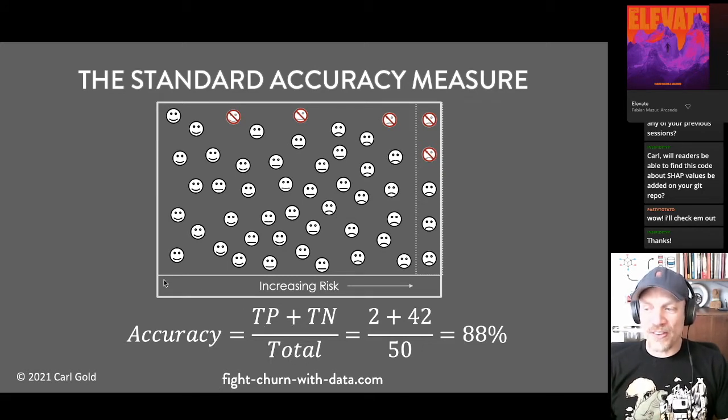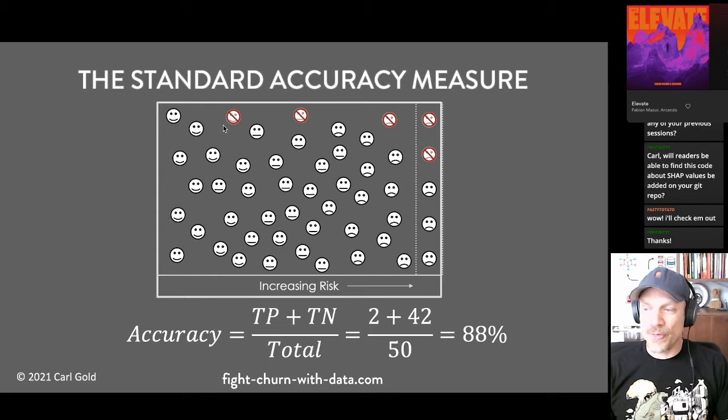Now suppose this is the increasing risk of your customers, and if you look closely, you'll see smiley faces here, frowning faces here. And let's suppose we predict who's going to churn by drawing this line and looking at the 5 most likely customers to churn, and then we say, these are the 5 who are likely to churn.